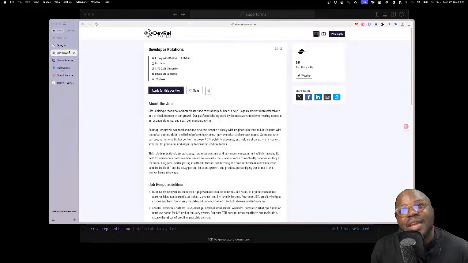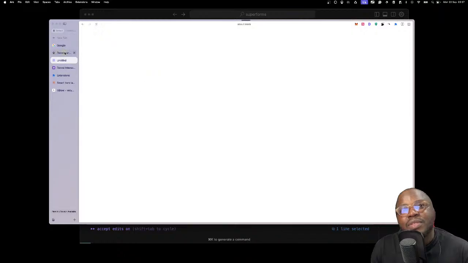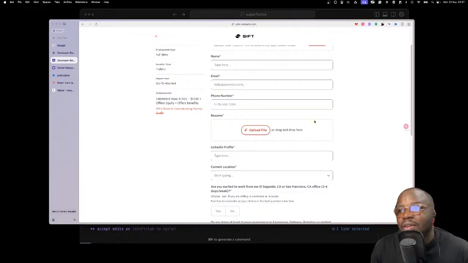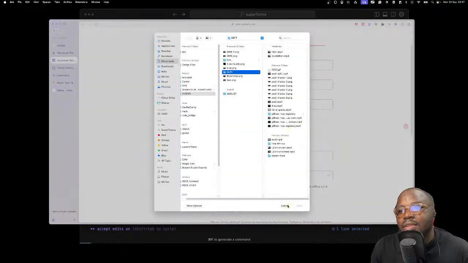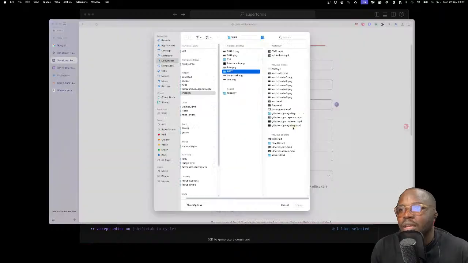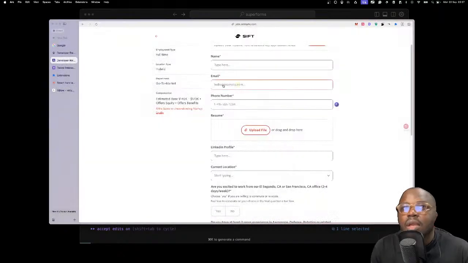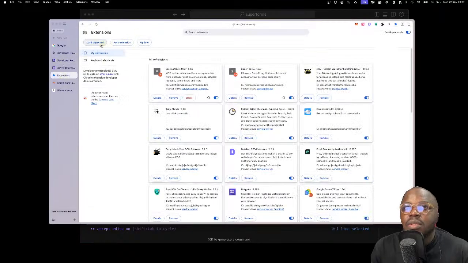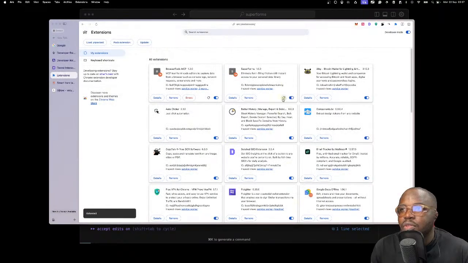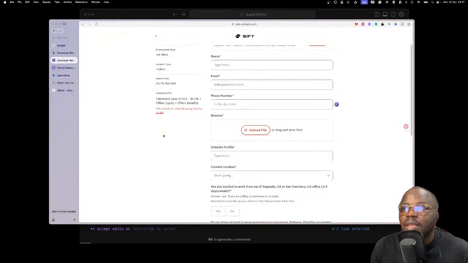Let's see one that asks for a file. Apply to this position. Please don't crash. Okay, good. This one asks for a file. Anyway, you see, this is what I was careful about. Like, how do you actually, you see, this one you can click on it, but how do you trigger it here? Oh, I've not actually loaded it though. Load unpacked. Let me load this again. Maybe it actually figured out a way to do it. Let's come back here. I'm gonna refresh this page. Right, this one shows up proper, you know.